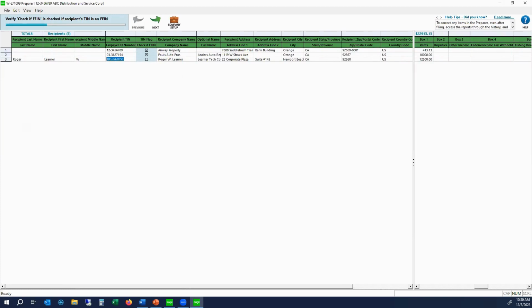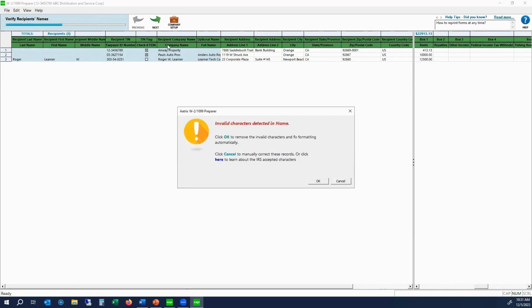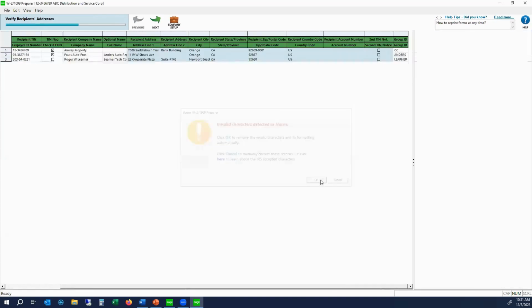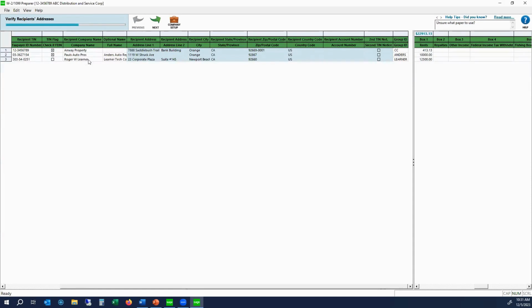And just a heads up, don't use periods or dashes or any special characters. Just use your letters, because it will flag those also. Okay, so I'm going to do next. And now it's telling me to review their names, make sure all of that is accurate. And it's really nice that you just keep going through the wizard and it helps you. So see, invalid characters detected in name. So I have to go, and